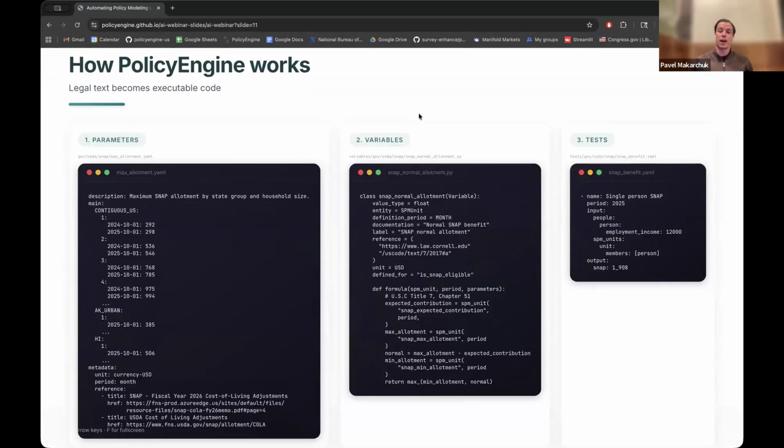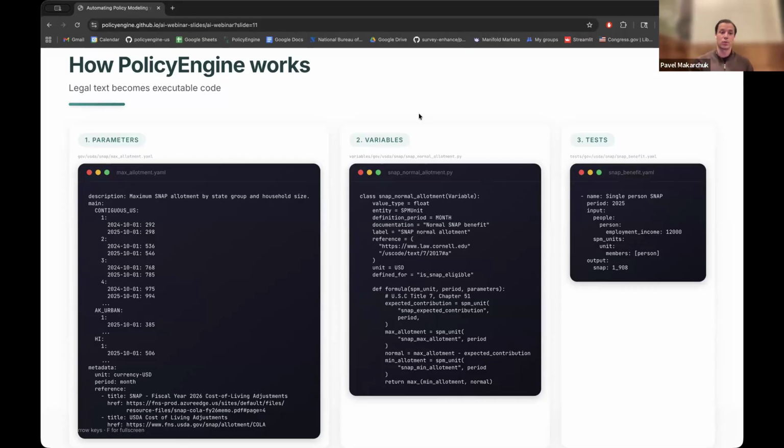So when we want to add a new program, or make an addition to something already existing, or add something from scratch, there are around 7 phases that we go through, which Ziming will expand on as well, that we try to mimic. But to break it down, we collect the documents manually. We'll do web searches, look at previous references, legal code, statutes, policy manuals, tax forms if they're available, and break those out into 3 ingredients: the parameters, the variables, and the tests.